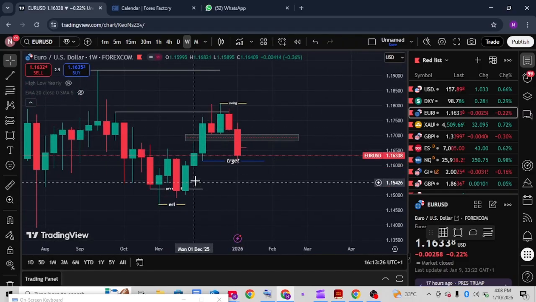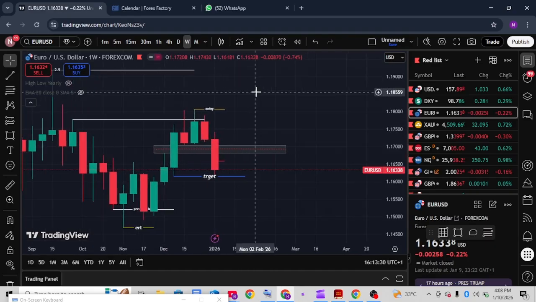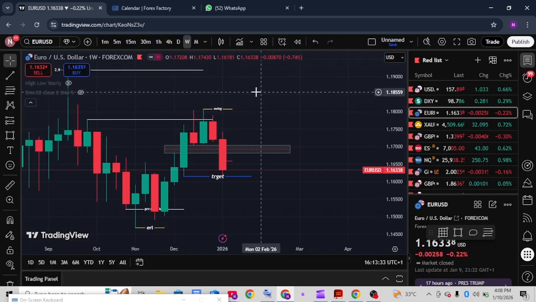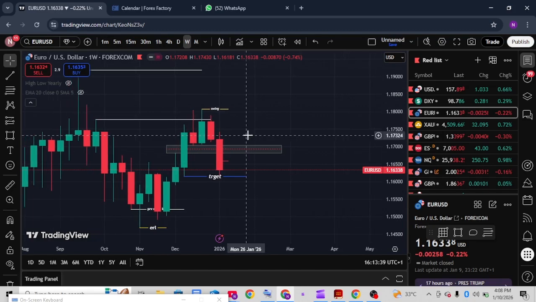The price has been bullish for some time, but now we are seeing a bearish movement. So what am I seeing here? First thing I'm seeing here is a market structure shift. Also, I showed the monthly to show that price is on a bullish move actually, and same thing